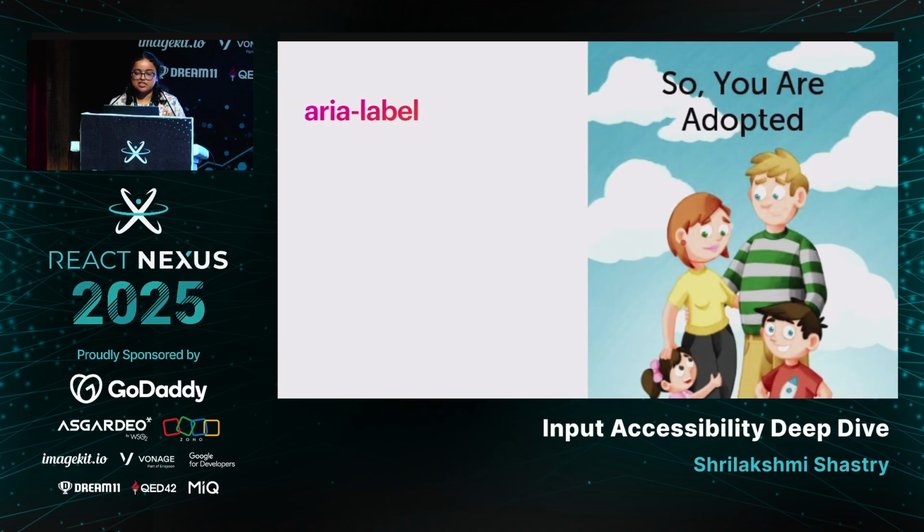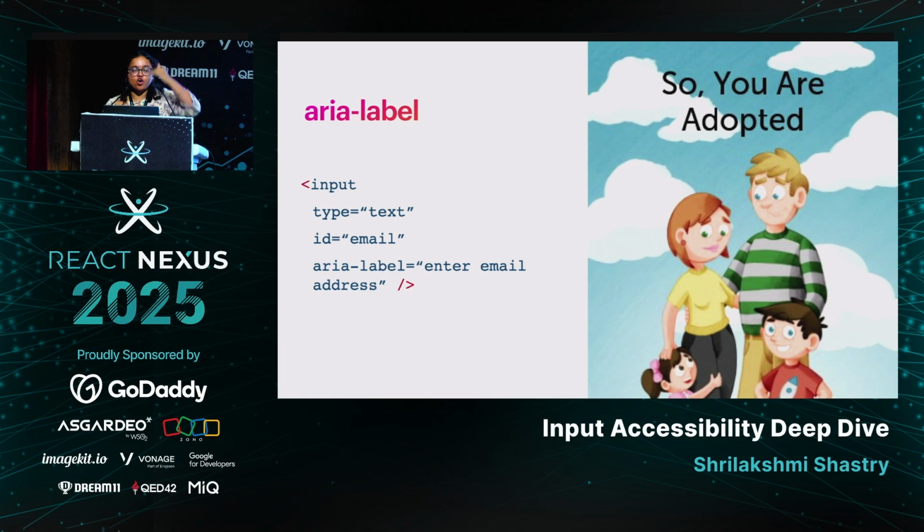Next one is ARIA label. ARIA label is just like an adopted parent. After the adoption, the child gets the surname, family name, etc. So in the DOM, if there is no element that can provide the label to the input tag, you can directly use ARIA label and put in whatever label content you want. When the input tag is not bound with the label tag, then only use ARIA label. So if there is a label tag nearby the input tag, always bind the input tag with the label over using the ARIA label.